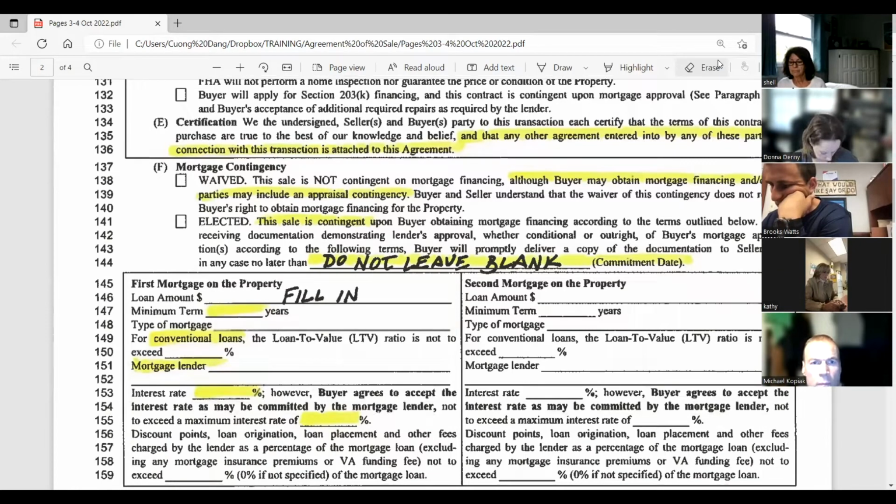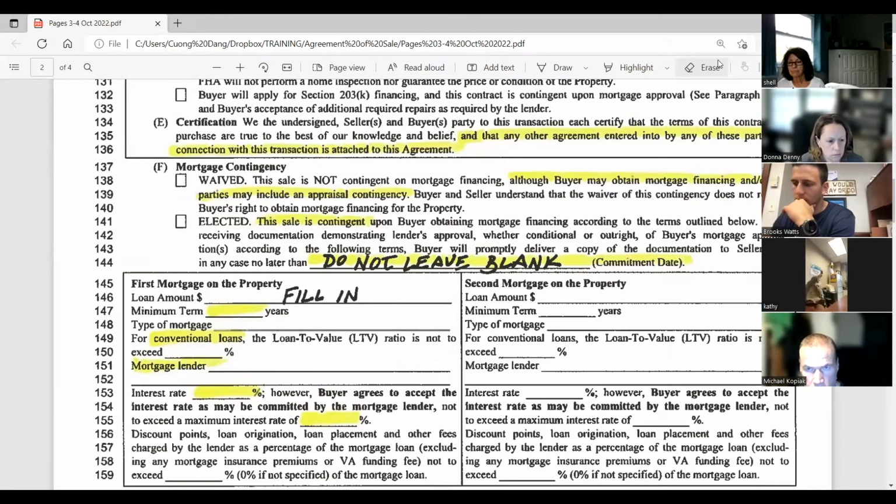All right, finally, now we get to the mortgage contingency. Remember, before it was at the very top. Now it's in the middle, because everything before this, no matter what, if it's been elected or waived, pertains to the deal if they're getting financing. Mortgage contingency waived: this sale is not contingent on mortgage financing, although buyer may obtain financing and/or the parties may include an appraisal contingency. Buyer and seller understand that the waiver of this contingency does not restrict buyer's right to obtain mortgage financing for